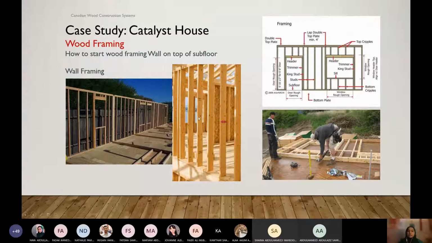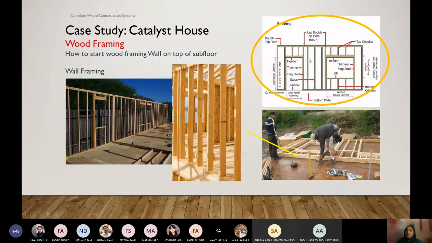For exterior walls, we use 5.5 inch this way, 1.5 inch this way. For the interior wall, same 1.5 inch, but a little bit thinner, 3.5 inch. We build the whole framing on the floor, and then we lift it up and put it vertically in place. This is a standard wall framing.